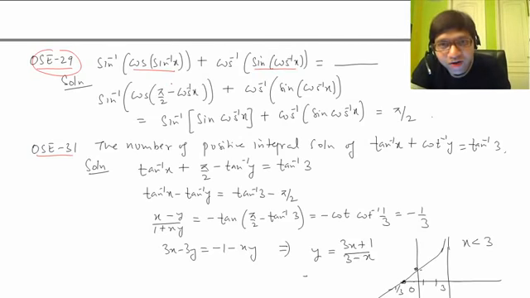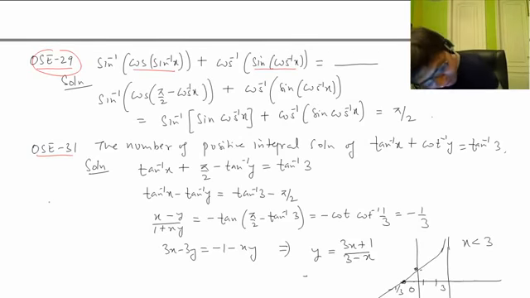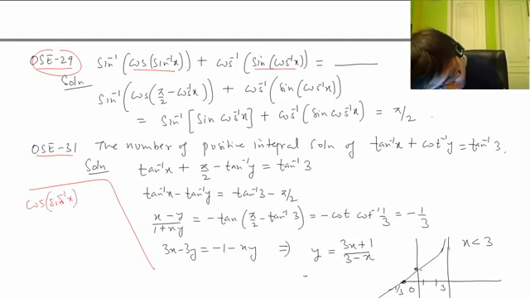When you do it in an exam you find it complex, but when you come out of the exam and do it, then you find it easy. In the exam it looks like a complex question, but outside it's simple. So what we do here is, these two angles are the same, these two terms are the same. This looks weird, but that's the idea. Cos of sin inverse x is the same as sin of cos inverse x. Cos sin inverse x is equal to sin cos inverse x.